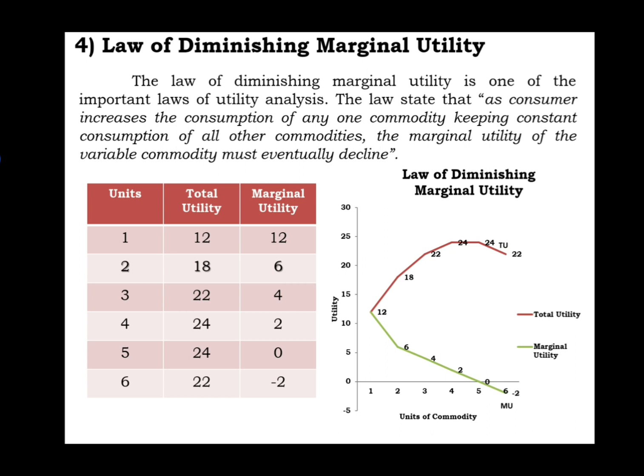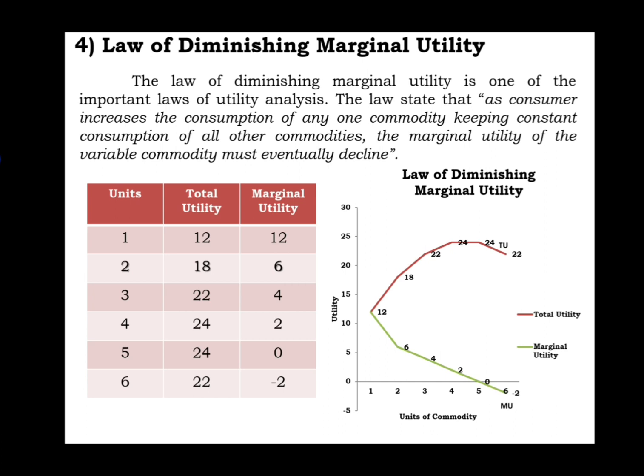Thereafter the marginal utility becomes negative, meaning we find a negative utility. If a consumer keeps on consuming any commodity, the utility the consumer derives goes on decreasing. So let me give a kind of hint on how to draw this